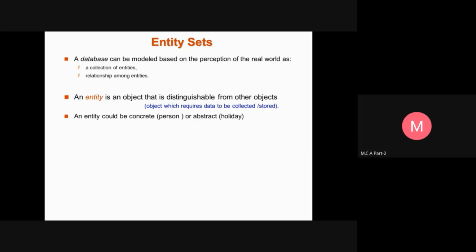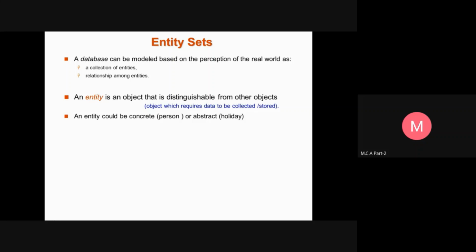An entity may be concrete, such as a person or a book, or it may be abstract, such as a course, or a course offering. Going back to the university example, we saw that classroom was concrete, but classes were an abstract entity. So an entity set is a set of entities of the same type that share the same